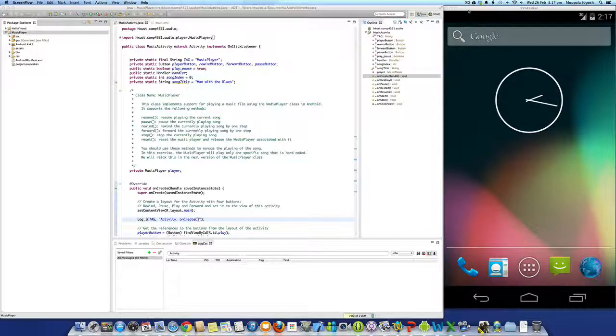Okay, in the previous lab, we saw the implementation of the music player example. In that example, we saw how we could use the different buttons on the user interface to control the playing of the music. Let me again bring the music player app onto the screen of the emulator to the right, and then we'll watch how the music playing can be controlled by using the